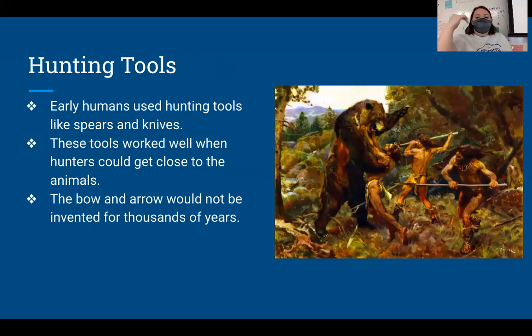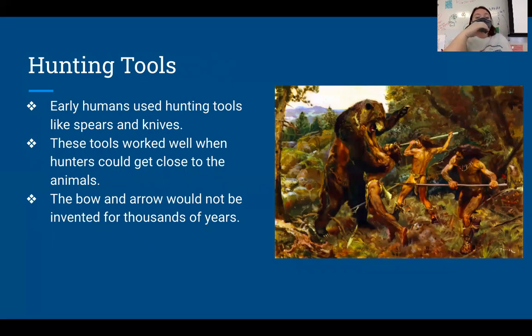Okay. When we're talking about hunting, and especially the hunting portion of hunting and gathering, sorry, let's make sure it was unfrozen. When we're talking about the portion of hunting when it comes to hunting and gathering, we're bringing it back to our second key idea, which is about tools. Early humans used hunting tools like spears and knives that they had created from rock, from basically earthly matter, as well as bones of animals that they had killed previously, other hides and leathers that they could find. Anything strong that they could basically use. Okay?